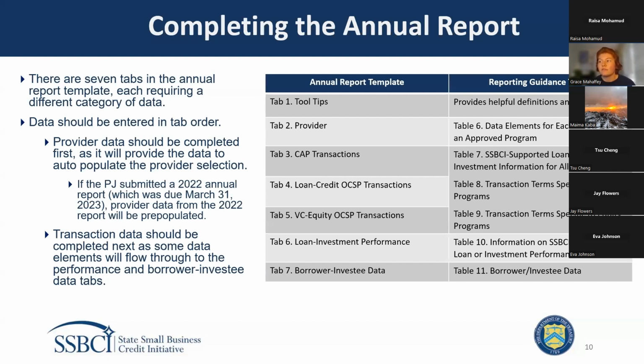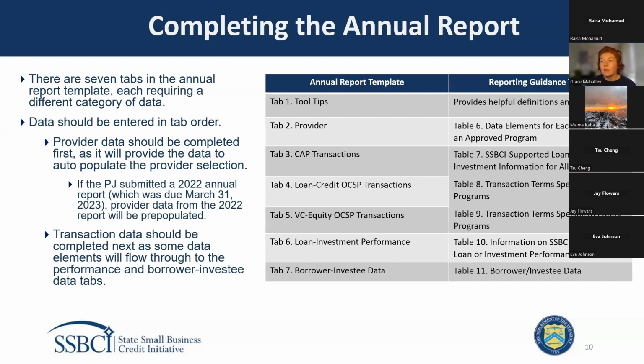Tabs 3, 4, and 5 are all of the transaction details and cover tables 7, 8, and 9 of the reporting guidance. If you're familiar with the disbursement review template, this is a similar layout where the transaction information is broken up by the program types. Tab 6 contains the loan and investment performance data, which covers table 10 from the reporting guidance. And then the final tab, tab 7, covers borrower and investee data, which comes from table 11 in the reporting